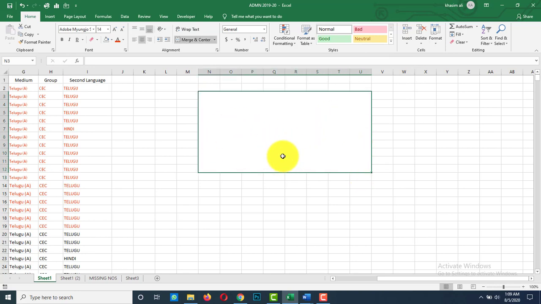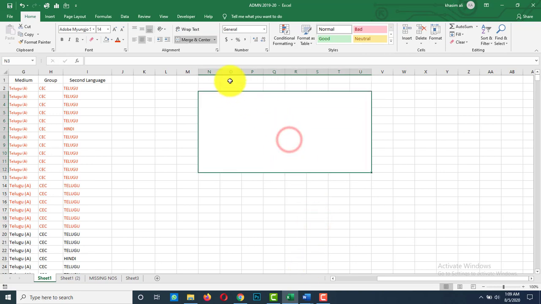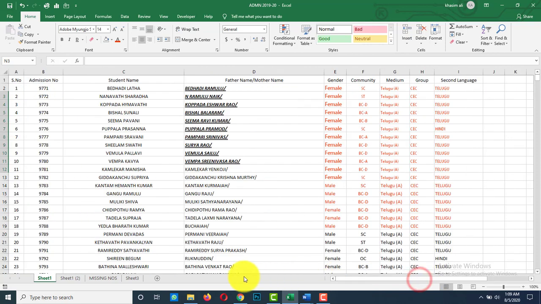If you want to unmerge this selection, just select the merged area and go to the unmerge cells option under merge and center. It unmerges the cells. The shortcut key for merge is Alt plus H plus M plus C, Alt H M C. And for unmerge, Alt H M U.